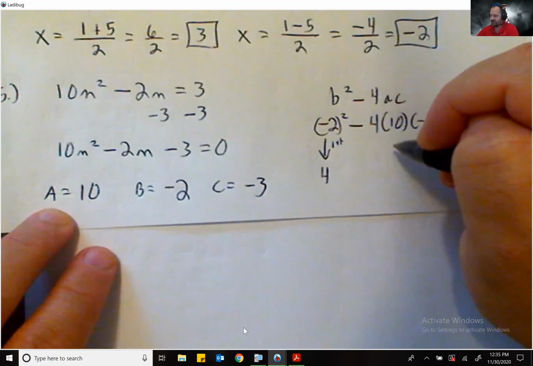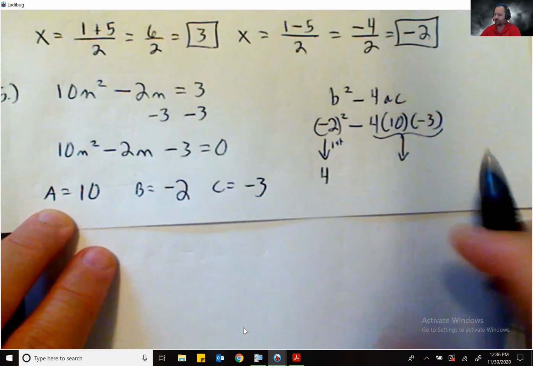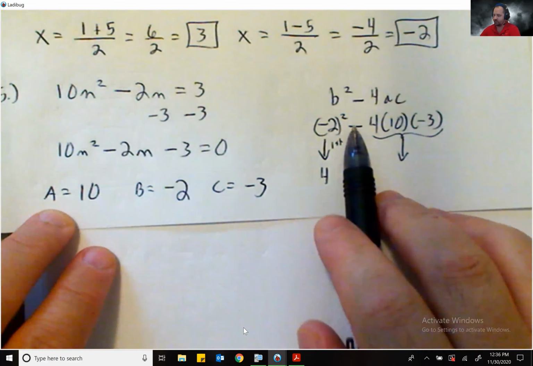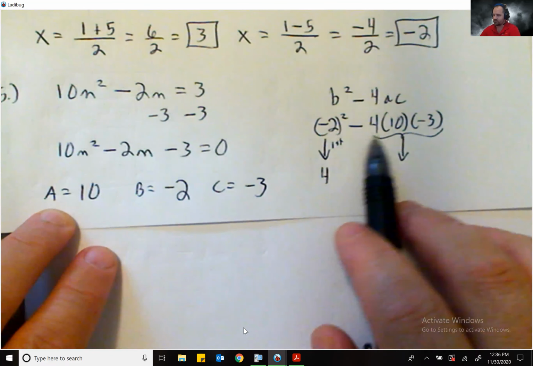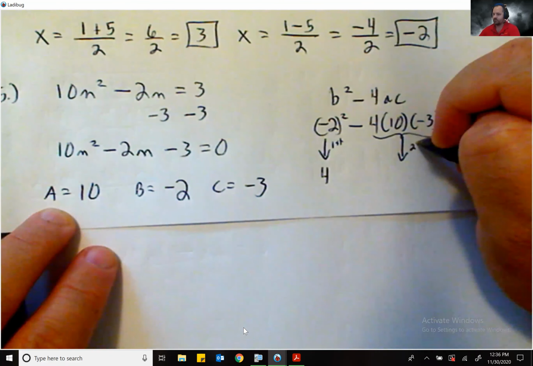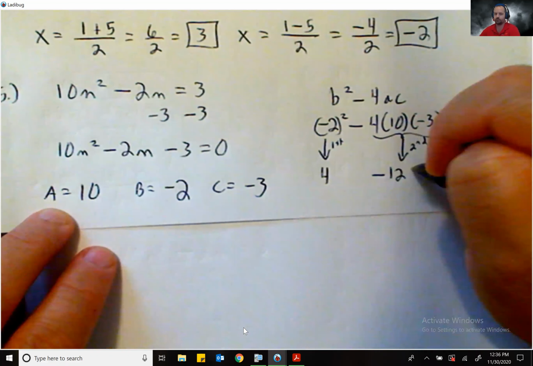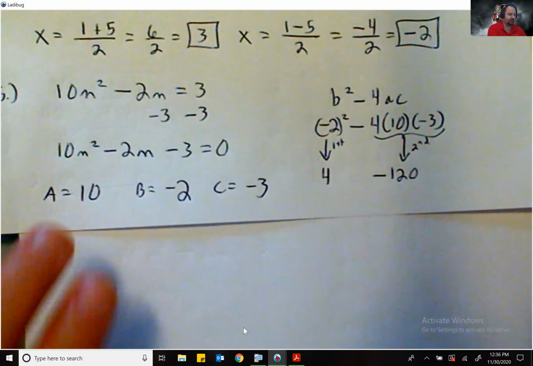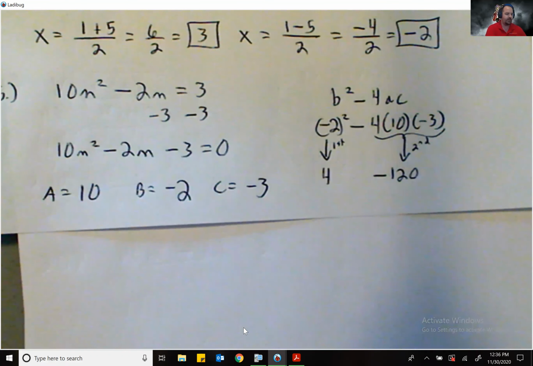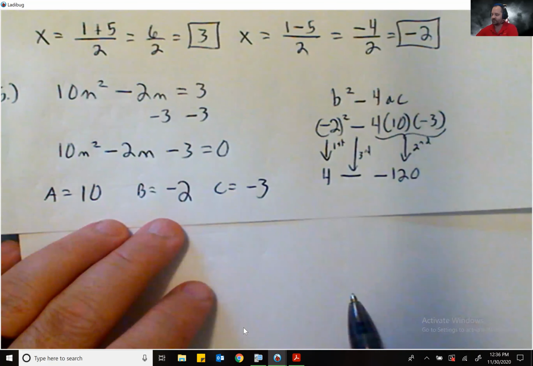The second piece I deal with is the multiplying of these three numbers. I don't touch the minus here. I leave that alone. So this is 4 times 10 times -3, which should be -120. Just double checking. Yeah. And then last but not least, I bring down the minus and do the subtraction, which ends up being